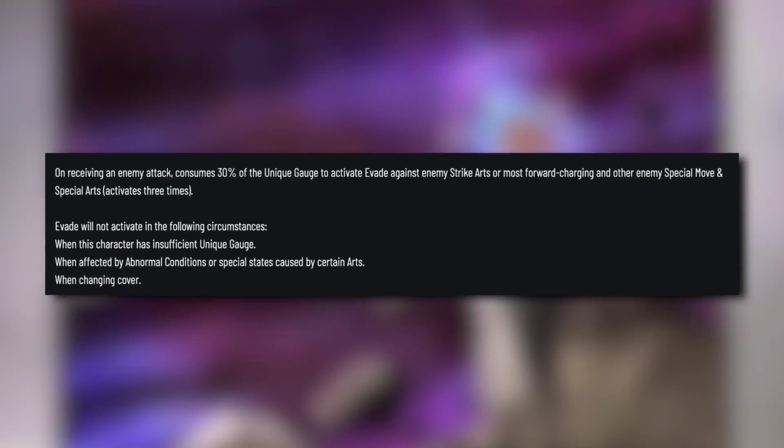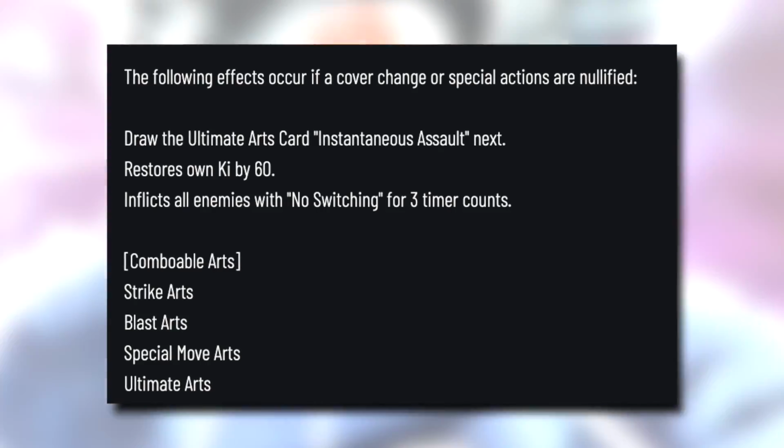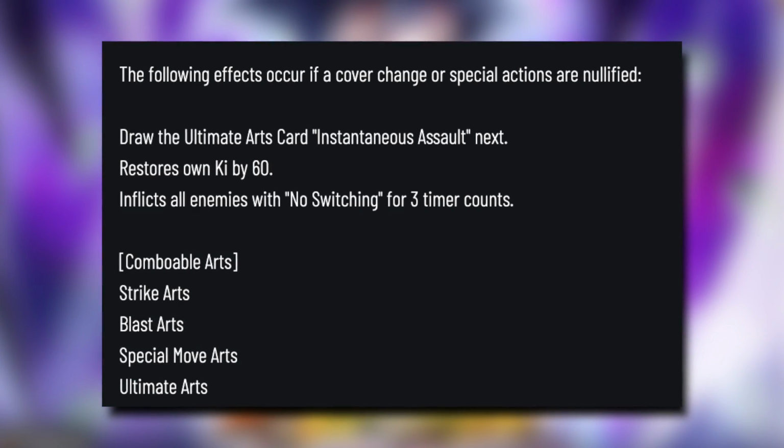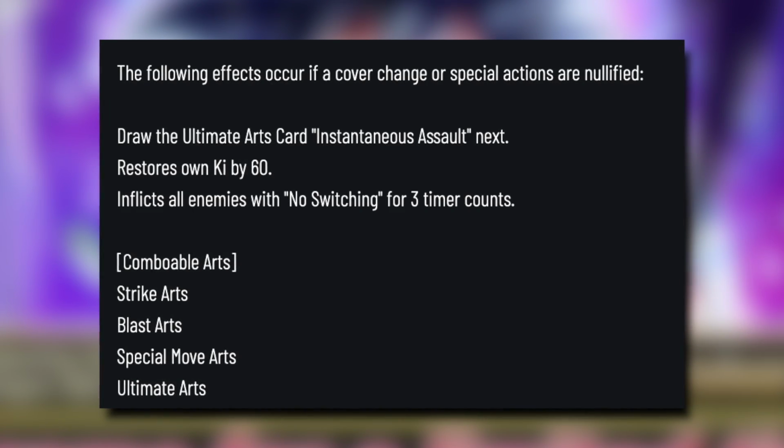This also applies to blue cards that are close range, green cards that are close range, anything that is strike orientated. I mentioned this earlier, but when there's a cover change that happens against this character's strike or blast, the cover change will be nullified and it will knock the unit back to long range. There's a couple things that activate here, and this is where the big guns come out. He's going to draw the ultimate art instantaneous assault, which is another ultimate. He's going to restore his own key by 60, and he's also going to inflict the enemies with no switching